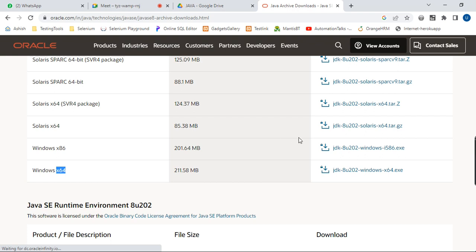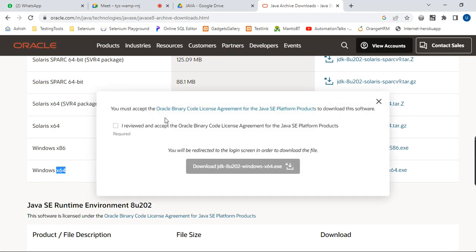So if you want to download it, you can download your Java from here as well. But for this, you need to have an Oracle account with you, and then only you can download it. Okay. So what you need to do, you just have to click on this exe. It will give you a pop-up like this that you should accept their license agreement. Click on this checkbox. Click on download,